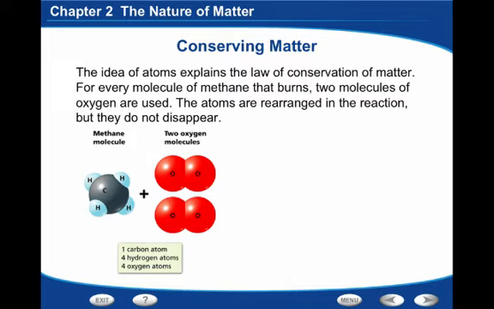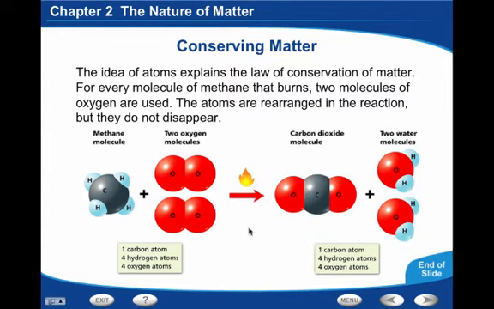So in this example, I have one carbon atom, this big gray thing, and 4 hydrogen atoms, which are the small blue things, 1, 2, 3, and 4. And if I add it to 4 oxygen atoms here, even though this symbolizes a chemical reaction occurred, you're still going to end up with the same head count, even though they might be arranged differently and create something new. So we still have 1, 2, 3, 4 oxygens,